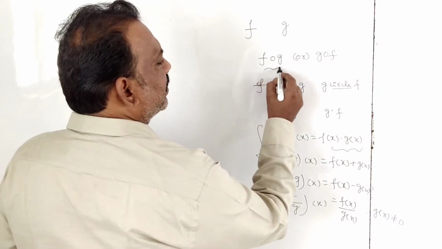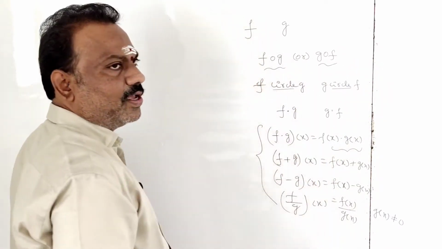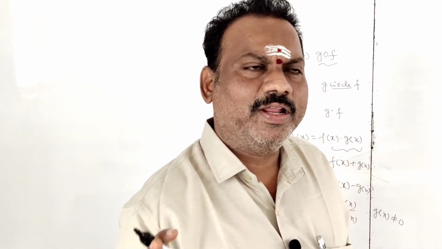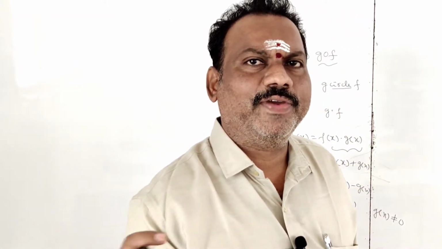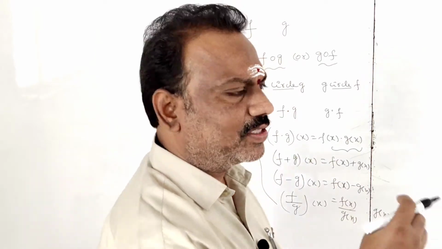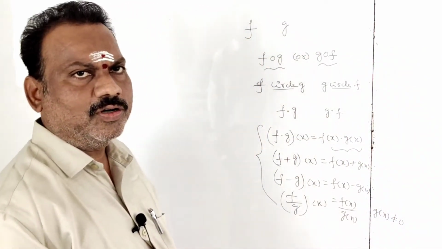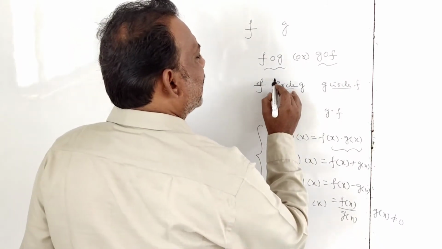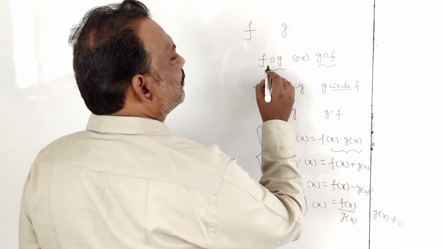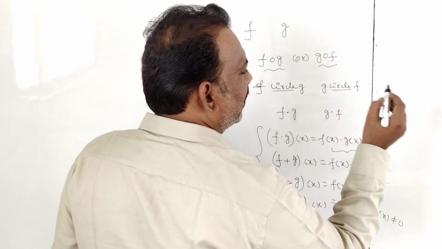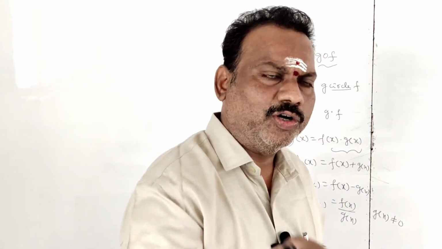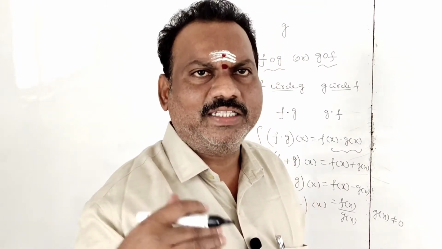This is also multiplication, f circle g, g circle f. This is multiplying in its domain. Domain means what are the possible values of x, the possible values of x, this we are going to do. It is also multiplication of two functions only, but we will use a circle. We will call it f circle g or g circle f. Not only two functions, we can use three functions also, no problem. That we will discuss later.